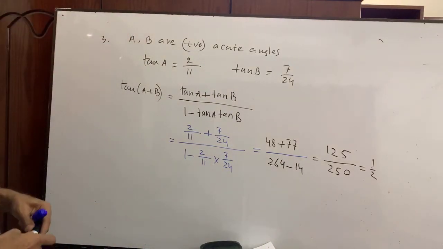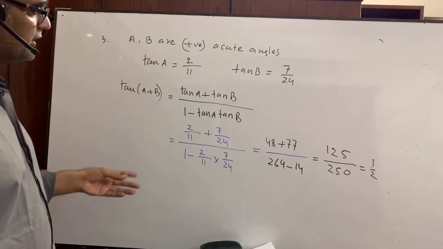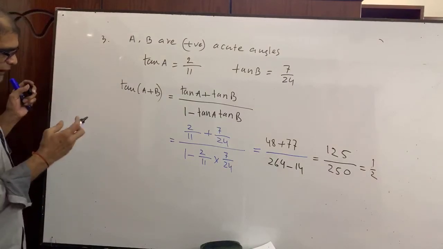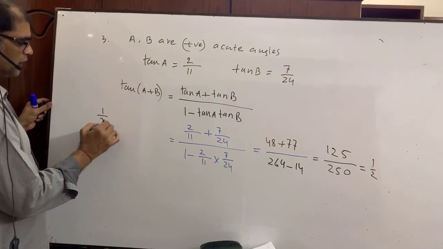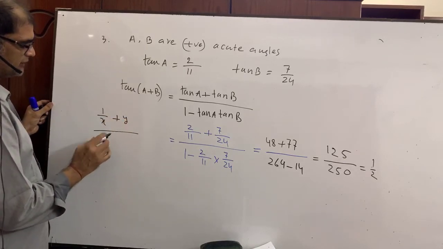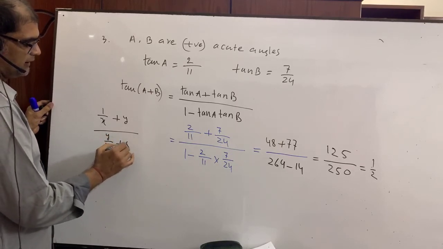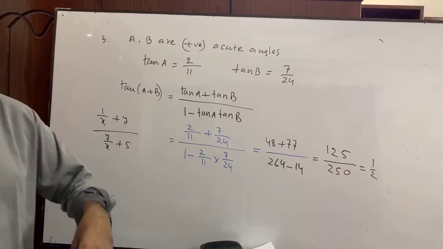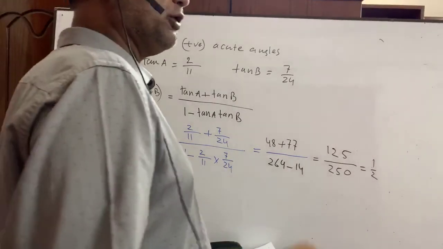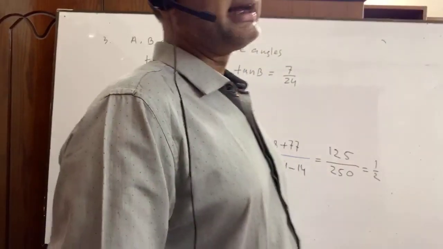Have you got it? How I did this math? Can you please recollect your memories? I am telling you. Suppose you are given 1 by x plus y, then suppose it is y by x plus 5. Then what will you do? Normally you get the LCM, right? After that you get a multiplication sign and you inverse it, right? But I am not going to do that.